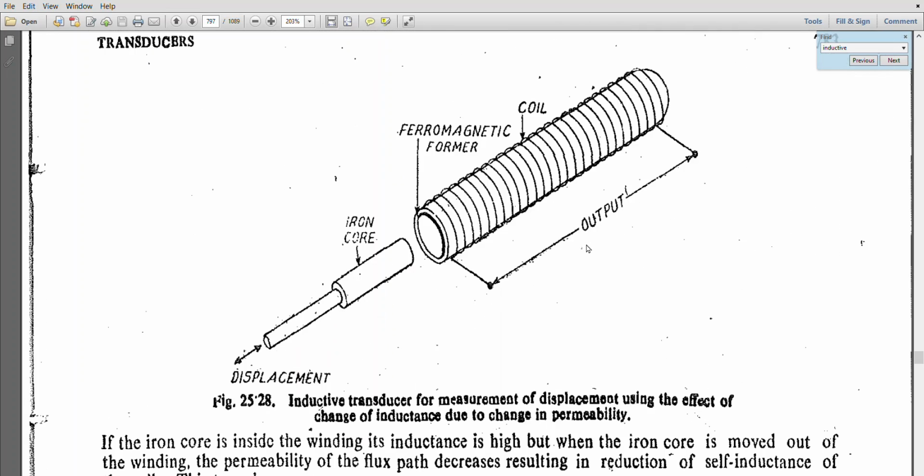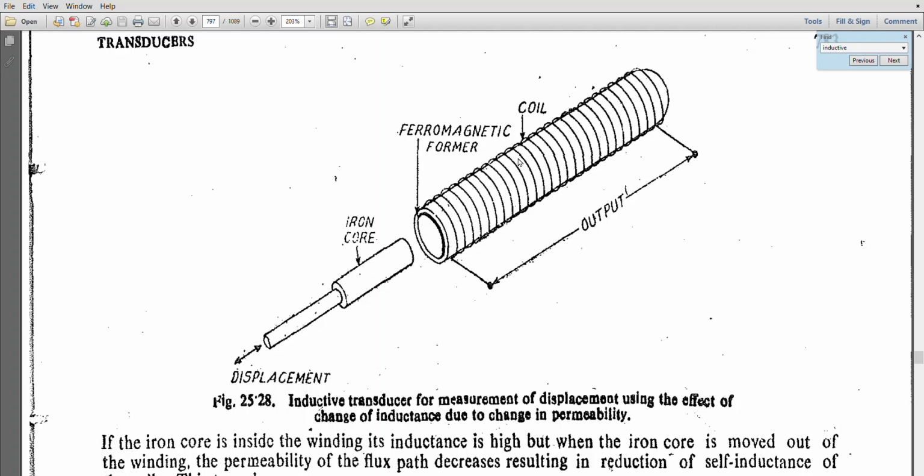To understand this, what people usually do is take a hollow ferromagnetic core and put a coil around it. Then I put an iron core inside this ferromagnetic former. As I told you, if the permeability of a material is greater, it has greater attraction to external magnetic flux lines, and this has a very good permeability.